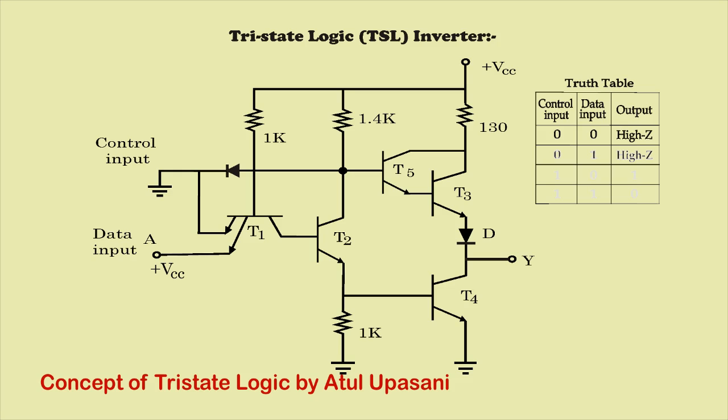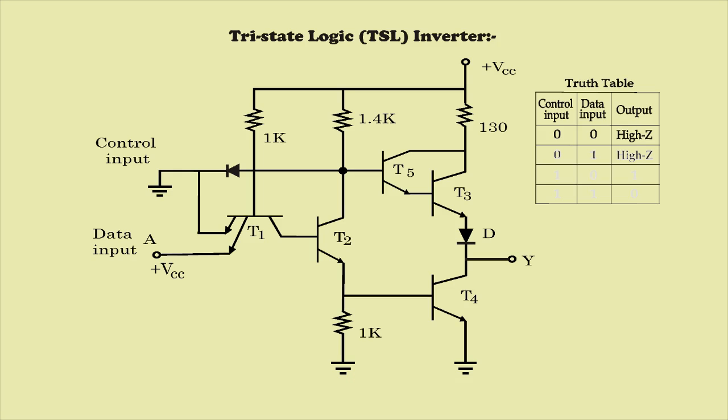So all the current from the power supply through the 1 kilo ohm resistor is still sinking towards the ground. So T1 is still on, and because of that, all the current is flowing towards the emitter and no current is flowing towards the collector. So T2 will be off. If T2 is off, then there is no current at the base of T4. So that is why T4 is also off. So combinedly you can see at the output T3 is off and T4 is also off, and overall the impedance is high. So in this state also we have the output in high impedance state.